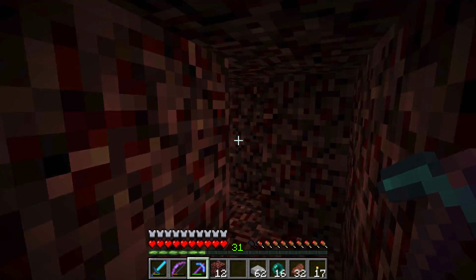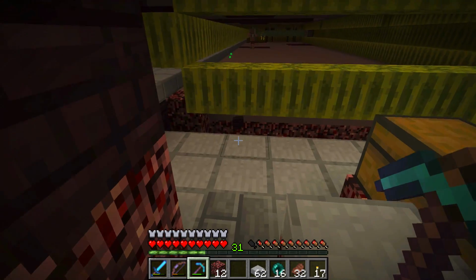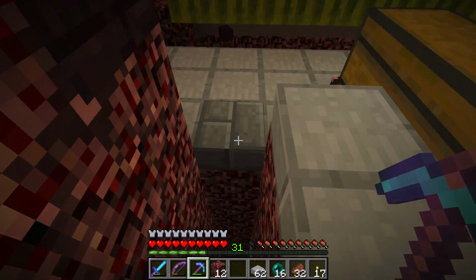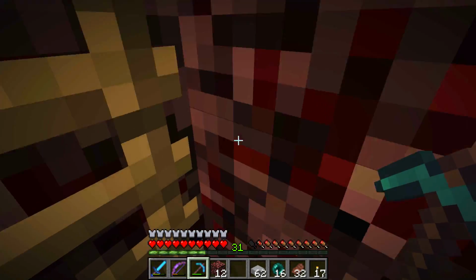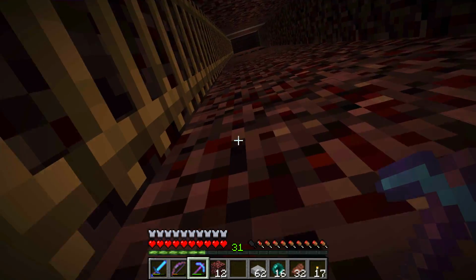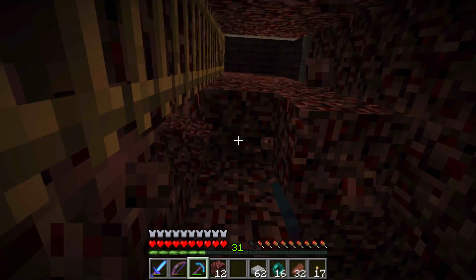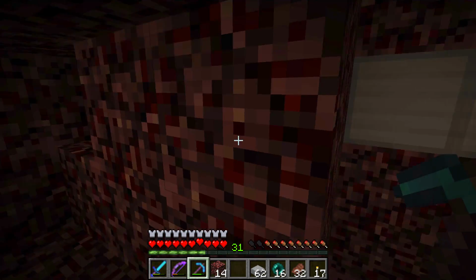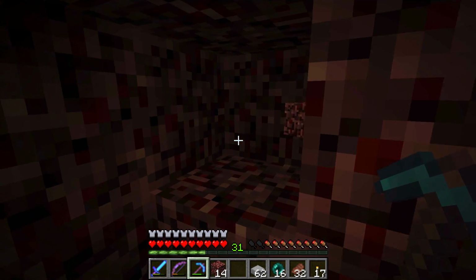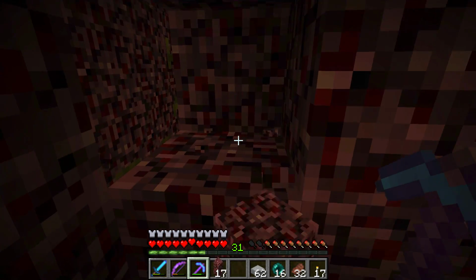Here maybe? I can't remember how far to go. Let's see. We're over 3 behind this wall. Okay, 3 behind the wall. I can't find the... Okay, here we go. So 3 behind the wall. 1, 2, 3. So this is 1 too early. We go 1 more. And this should get us right into...